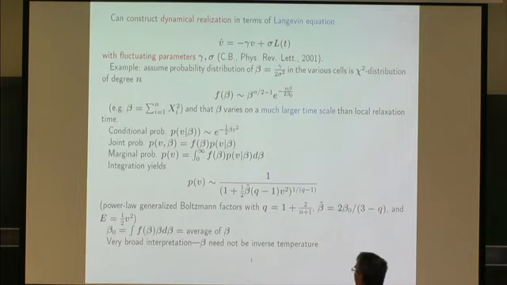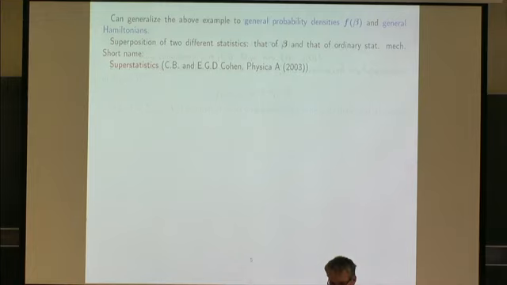Now, this is just one example, but the idea can be generalized very much. For example, beta need not be the inverse temperature as in this example, but it could be any parameter in your system in which you're interested. Another thing is, of course, you could also look at general probabilities f of beta for this spatial distribution of the temperature. You don't have to take the chi-square distribution. That was just an example. And finally, the third generalization is you don't need to take a linear Langevin equation. You could do your favorite statistical mechanics system, take the Hamiltonian of that system, and then regard the temperature as an additional random variable. There's clearly then a superposition of two statistics, that of beta and that of ordinary statistical mechanics, and just for that reason